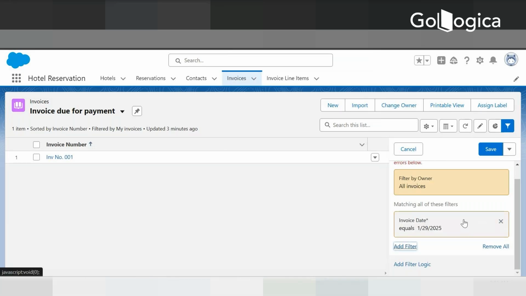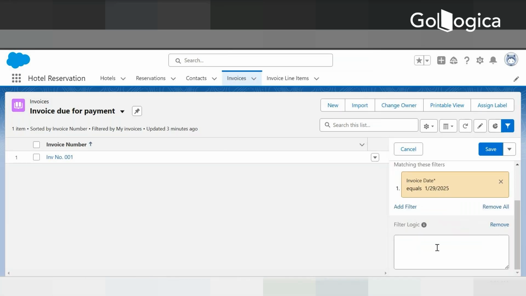So this is actually based on your own requirements, right? We are doing it. Yes, yes. So I can change it based on anything, whenever my invoice date is what. So then I'll say